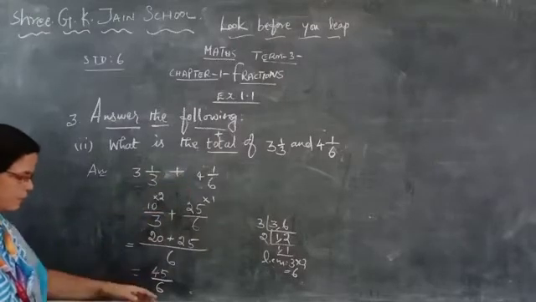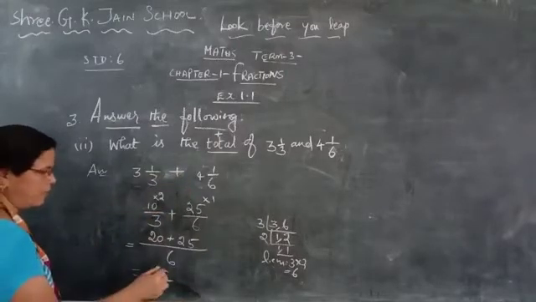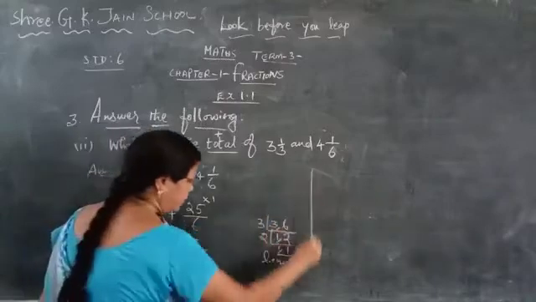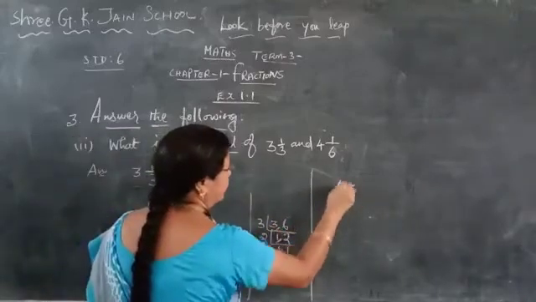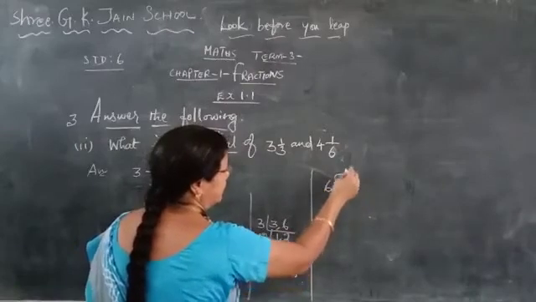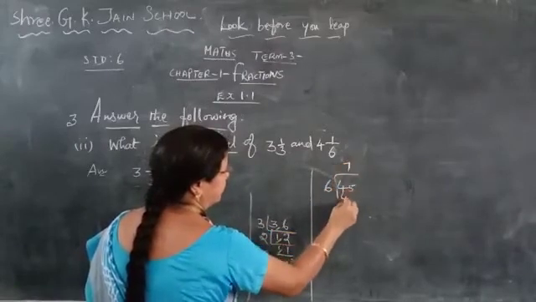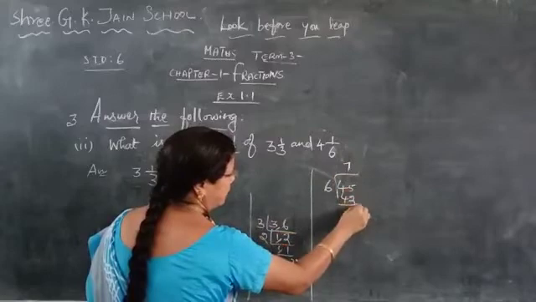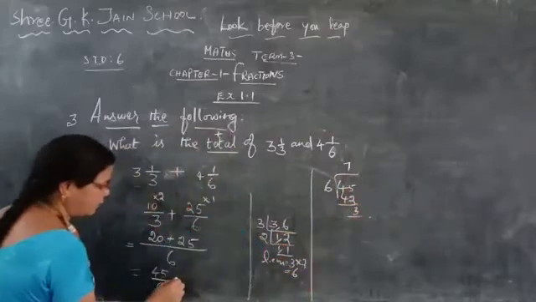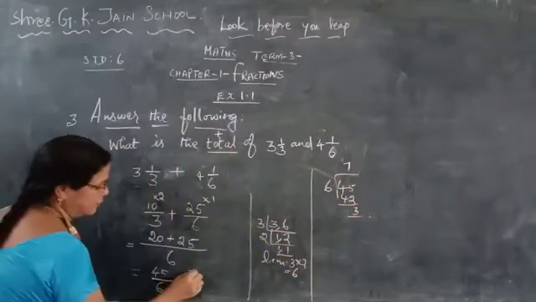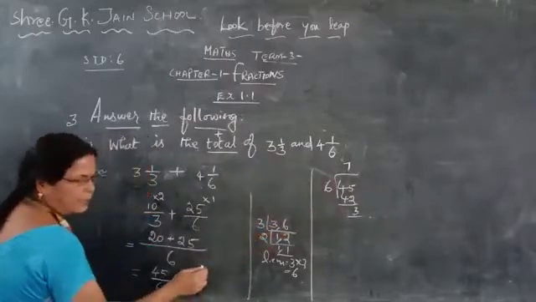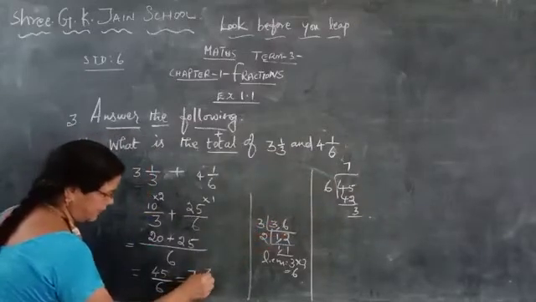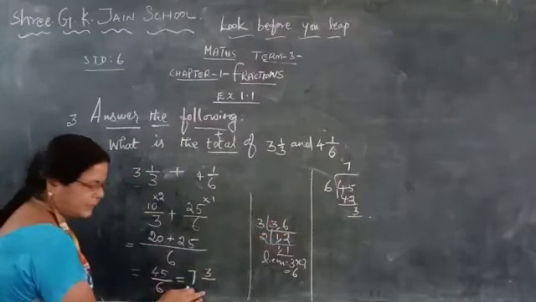But here 45, the answer to the question is in the mixed fraction. So bring that one also in the mixed fraction now. How are we going to change this into the mixed fraction? See, 45 you are going to divide by 6. 6 sevens are 42 and then you will get balance as 3. So here what you are going to write? 7. The quotient will come in the side and the remainder will go at the numerator. So you get, but the denominator should be the same here.